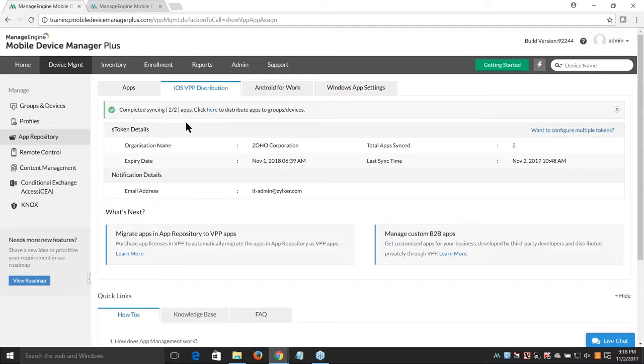If in case you are unable to find any of the apps in the app repository, even after having purchased them on the VPP portal, you need to check the last sync time over here. If in case the last sync time was before you made the purchase, you need to manually sync as explained right now. Now click on App Repository